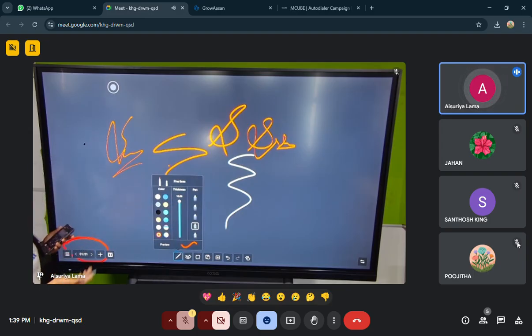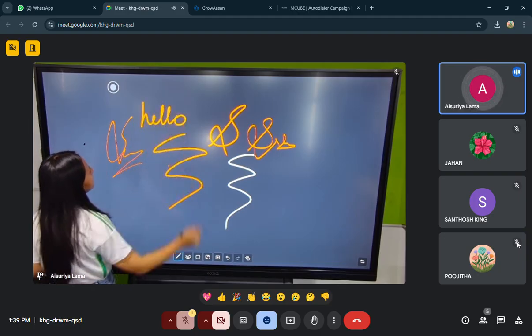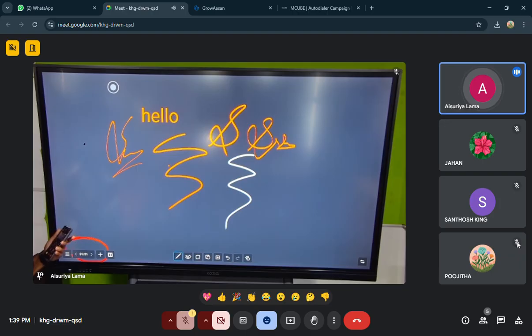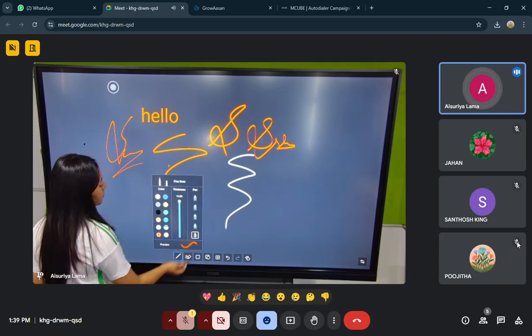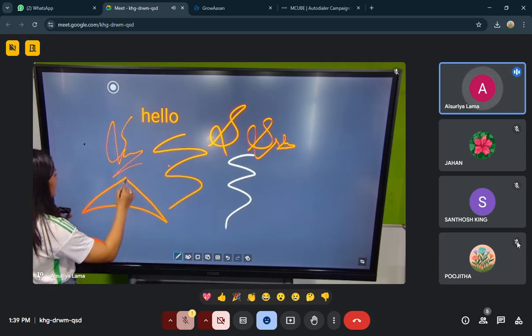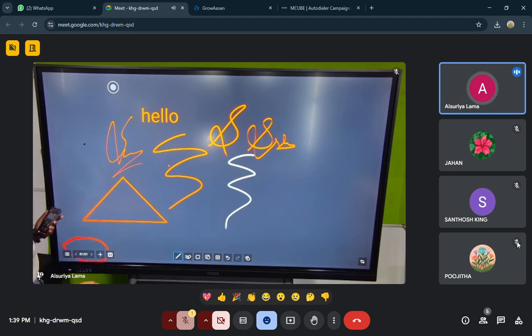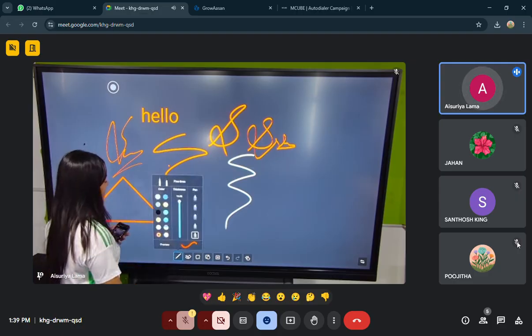So what is smart pen? If I'm writing something in my handwriting, it will automatically detect what I'm trying to write and it will come to its perfect font. So similarly, you'll be able to use this pen to change the font. Then we have one more pen, that is for shape recognition. So if I'm drawing a shape that is not a perfect one, it will automatically detect what I'm trying to draw and it will come to its perfect shape. So this is shape recognition.